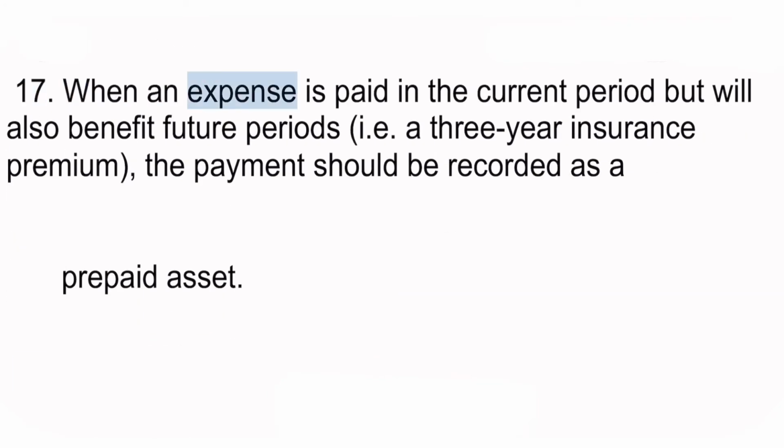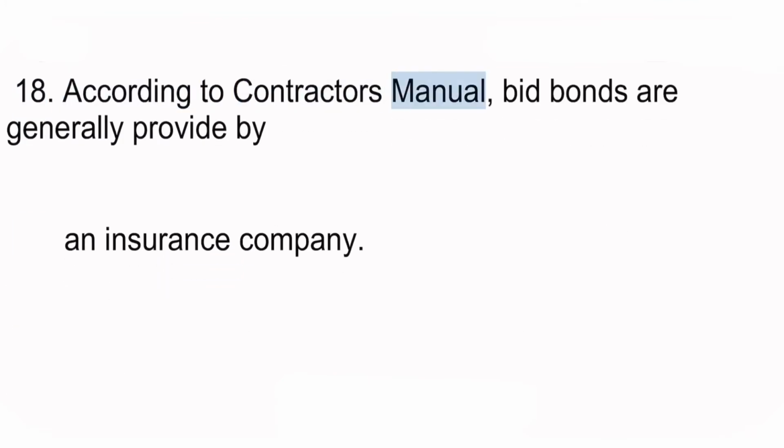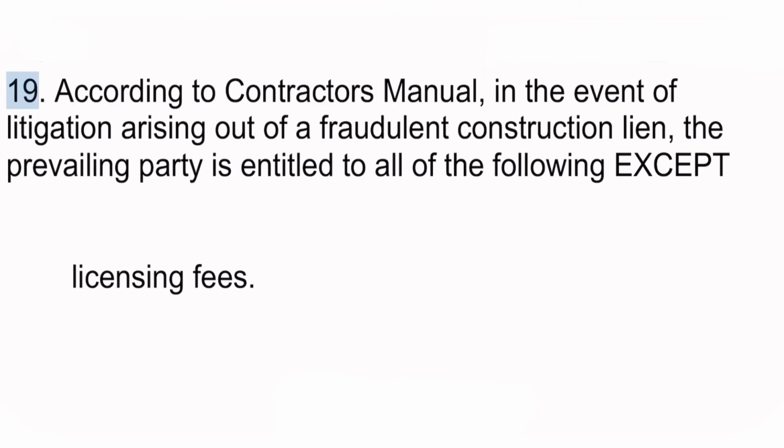17. When an expense is paid in the current period, but will also benefit future periods, i.e. a 3-year insurance premium, the payment should be recorded as a prepaid asset. 18. According to Contractor's Manual, bid bonds are generally provided by an insurance company. 19. According to Contractor's Manual, in the event of litigation arising out of a fraudulent construction lien, the prevailing party is entitled to all of the following except